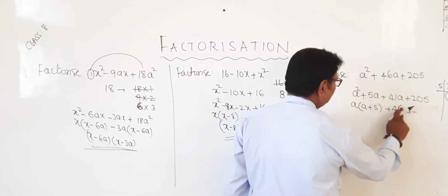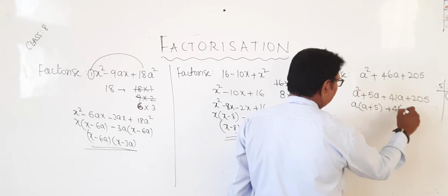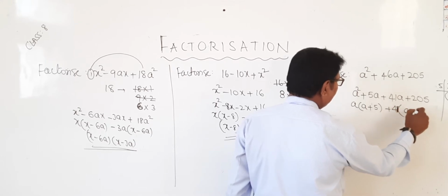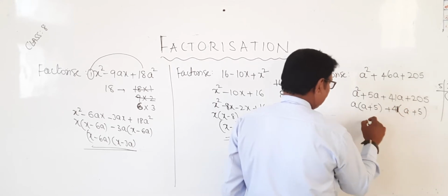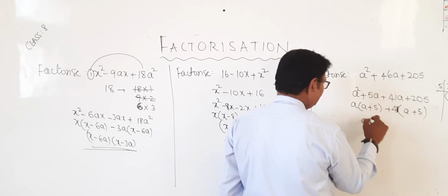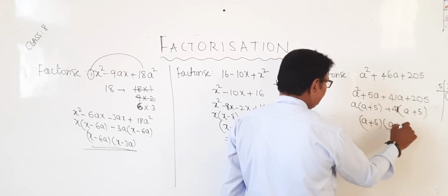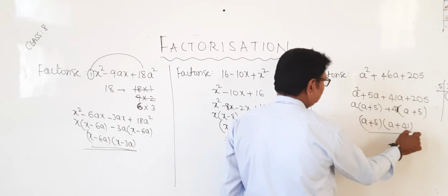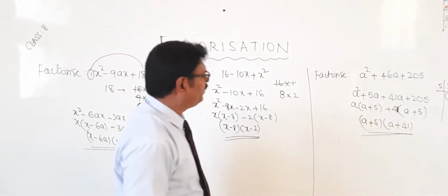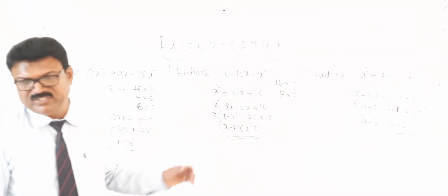Here 41, sorry. 41, if you take this, what happened? Yes. A plus 5. Therefore, if you take a plus 5, what is remaining? A plus 40. So these are all splitting the middle term. Okay na? Please take down.